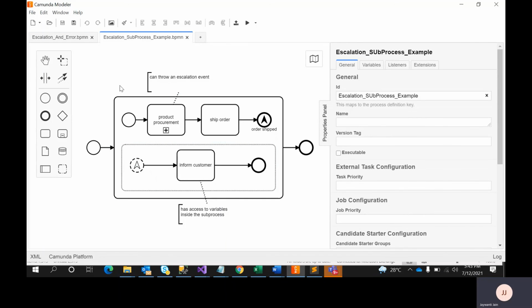So if I give you another example, in this way again, start occurred. Here the product procurement subprocess will be called. Once this is done, then ship the order, and after the shipment order, we just want to give notifications to the customer. So the control will come over here, and it will inform the customer that the shipment started, and this intermediate event will end, and after that again the control will come to the main subtask and then end the process. I hope this is clear. Yeah, thank you.